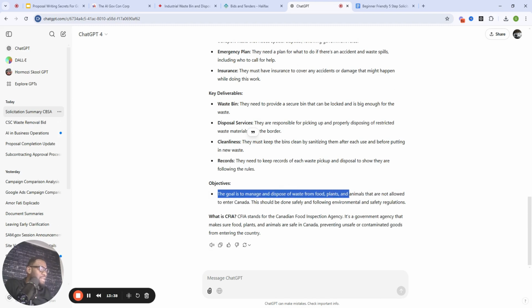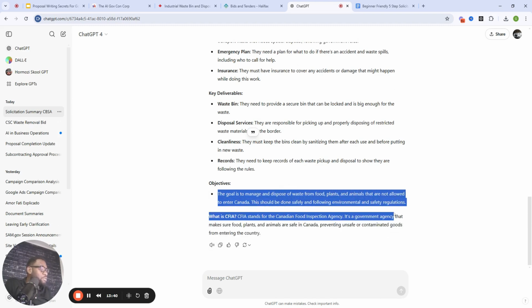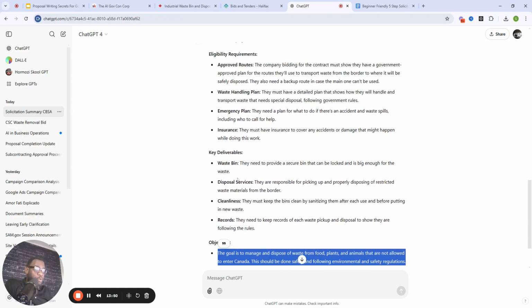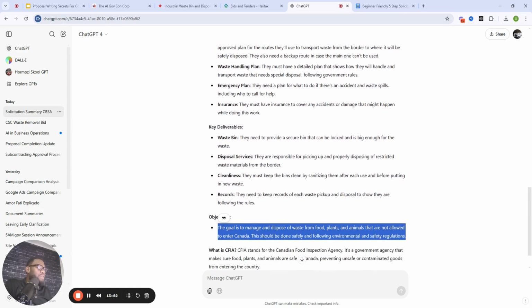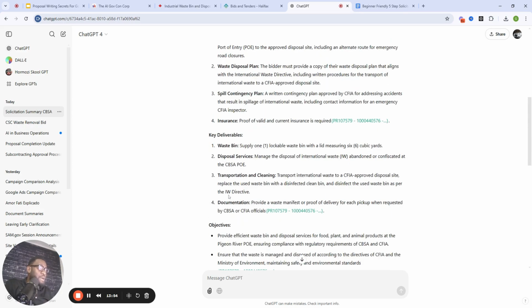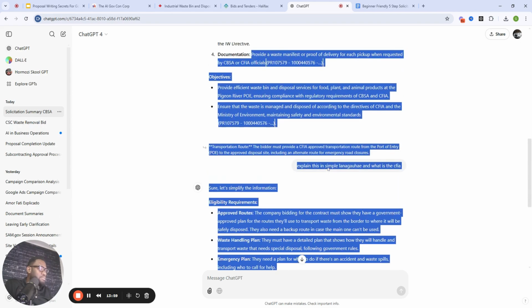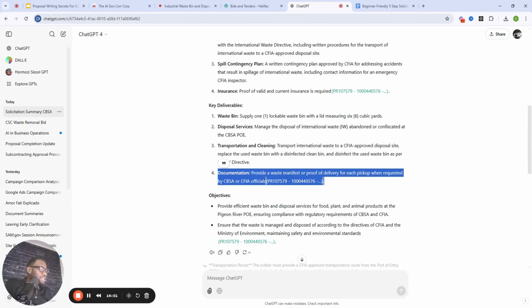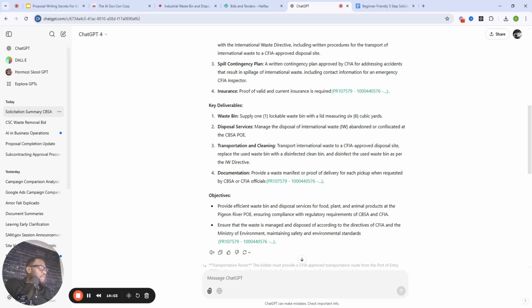And the goal is to manage and dispose of waste from food, plants, and animals that are not allowed to enter Canada. This should be done safely and following environmental and safety regulations. Interesting. Now we have more details about this contract, and you can ask targeted questions around things that you don't understand. Provide a waste manifest or proof of delivery for each pickup when requested by